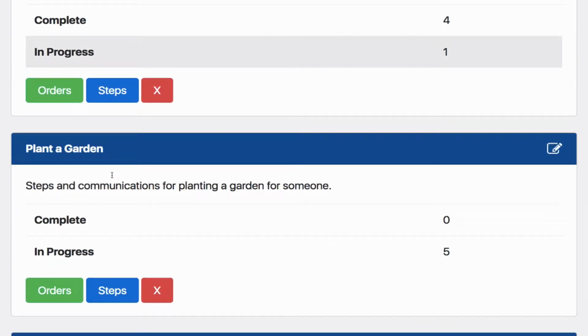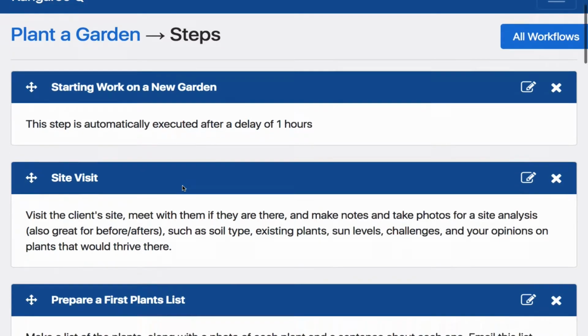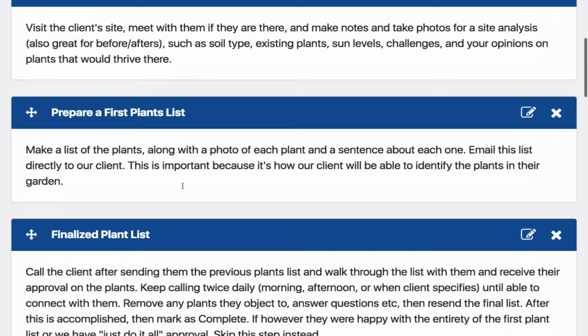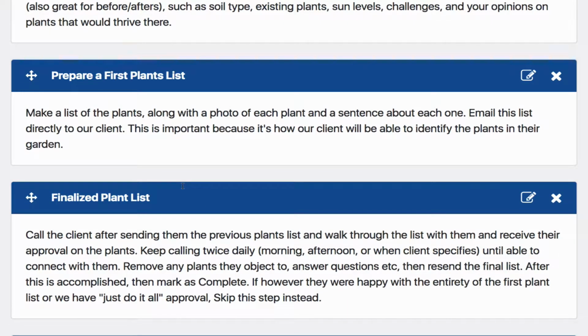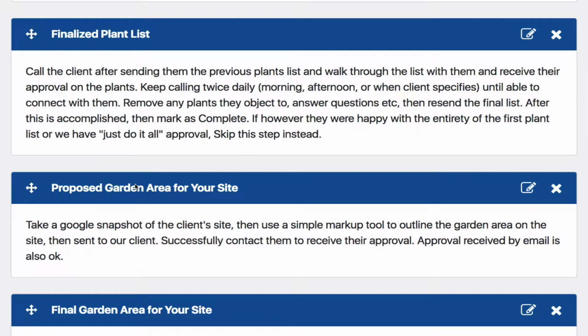For our purposes, we'll be looking at planting a garden. In Kangaroo Q, workflows are your unit of application. A workflow is a series of work steps or actions. In Kangaroo Q, a workflow is comprised of steps and is actualized as an order. Here are some steps. So a workflow is a generalized series of steps and their associated state-dependent actions that can be used again and again for different orders. Let's have a look at proposed garden area